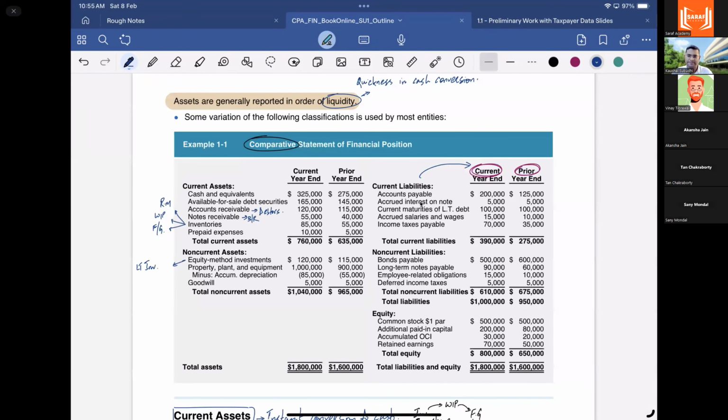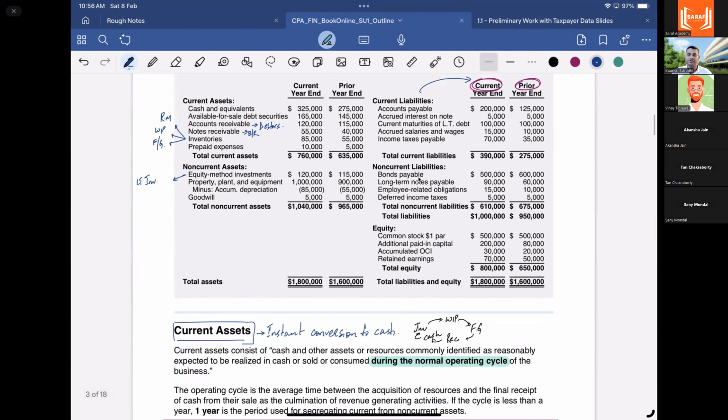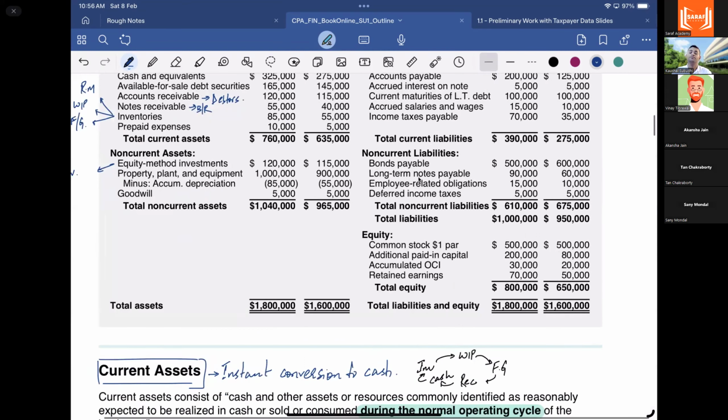So on similar lines over here, if you also want to see, then you will understand that current liabilities are the ones in which the money has to be paid within 1 year's time. Right, not more than that. So these are current because here the payment has to be made very quickly, like creditors, accrued interest, notes, and so on and so forth. Now, what about the non-current liabilities over here? Non-current liabilities refer to those liabilities which you don't have to pay in